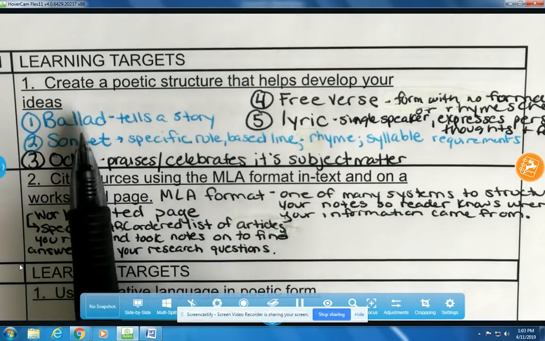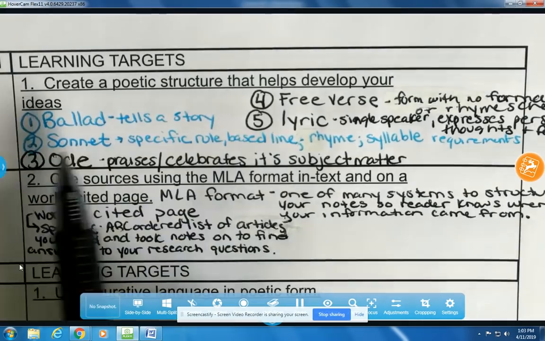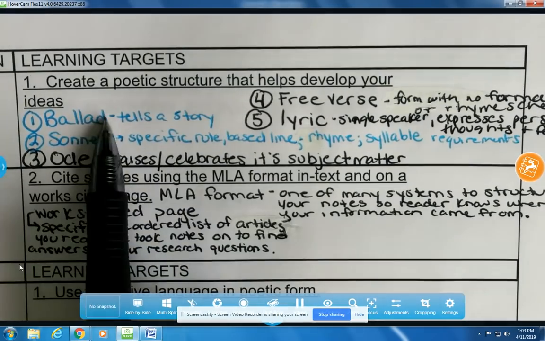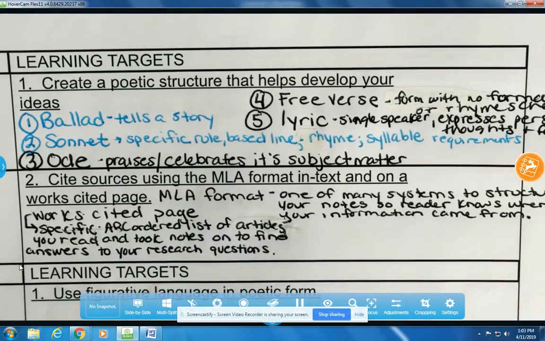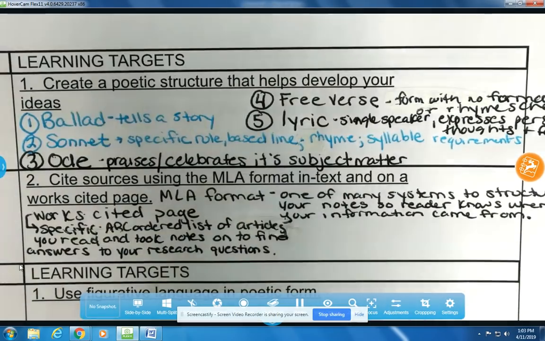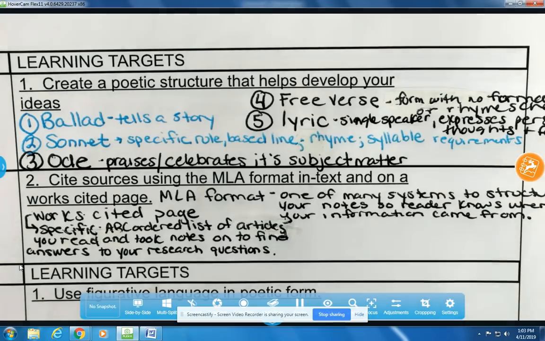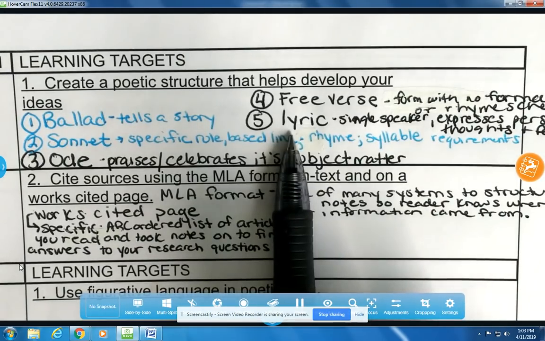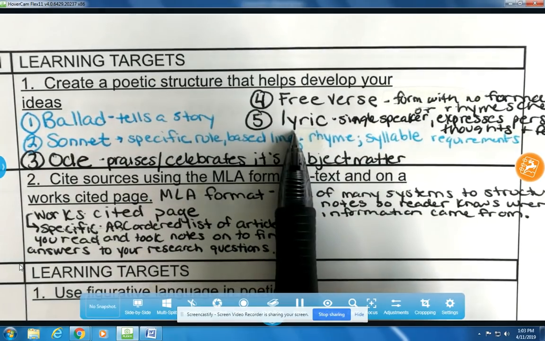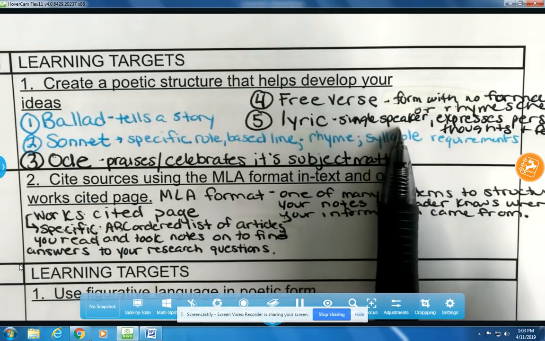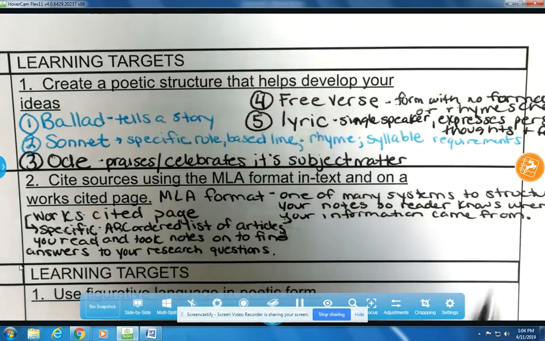Every other aspect, when we talked about structure or types or categories of poems, we talked about organization in regards to specific things you must do or must not do structurally. Outside of, obviously, free verse is a structure that has no structure, so there's a little bit of irony in that. But a lyric is sort of the broad category that all of these structures could fall under, because all we're looking for is a single speaker expressing their personal thoughts and feelings.